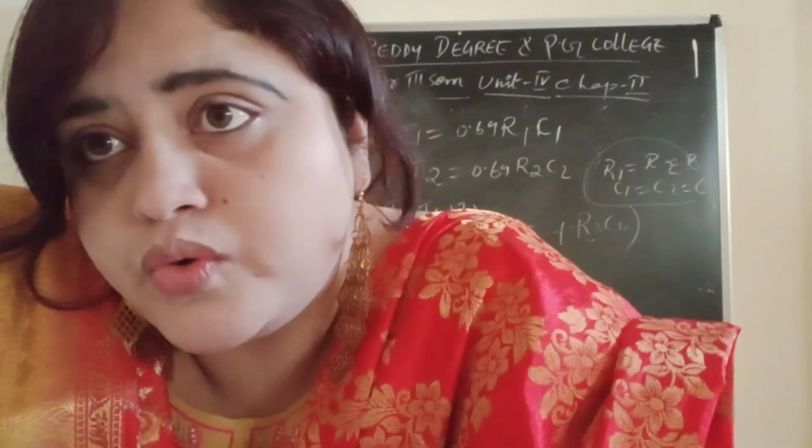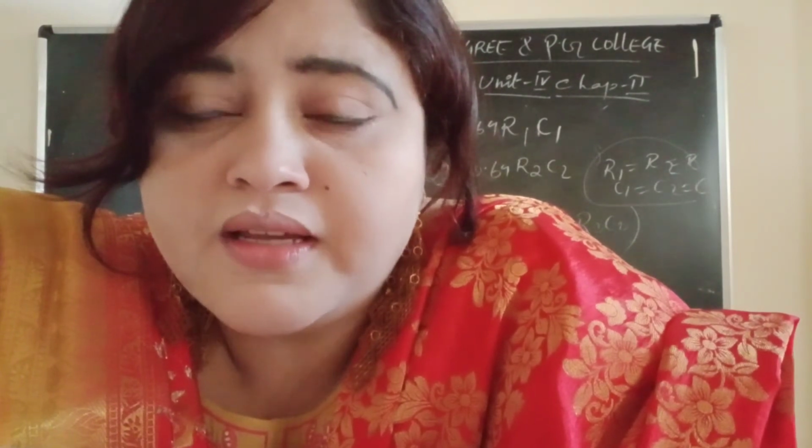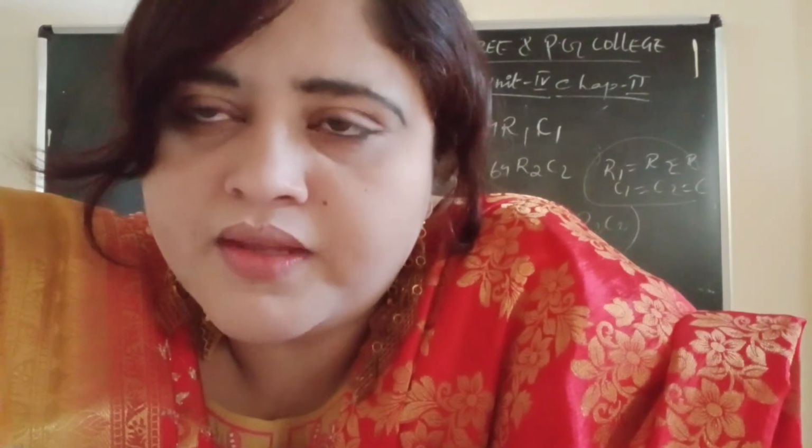Then the astable multivibrator circuit diagram we have seen. It consists of two transistors. In the circuit description, the output of the first transistor goes as an input to the second, and the output of the second goes as an input to the first with the help of C1, R1 and C2, R2. RL1 is the load resistance of Q1, and RL2 is the load resistance of Q2.